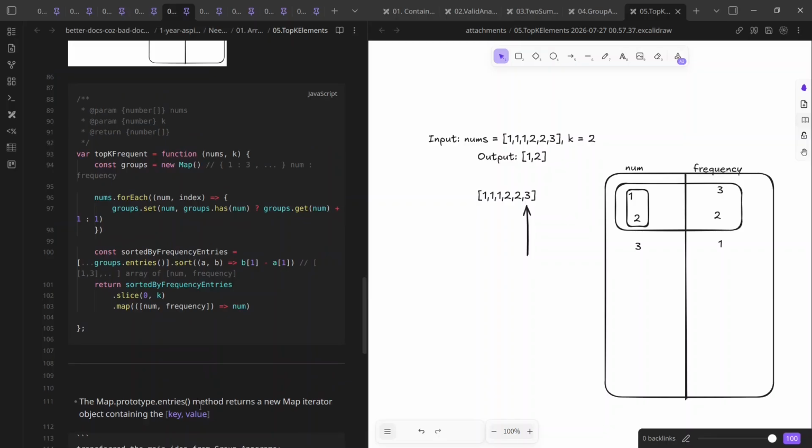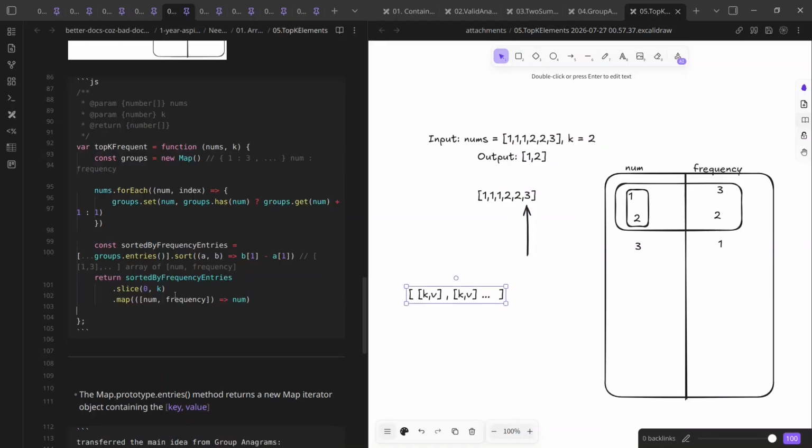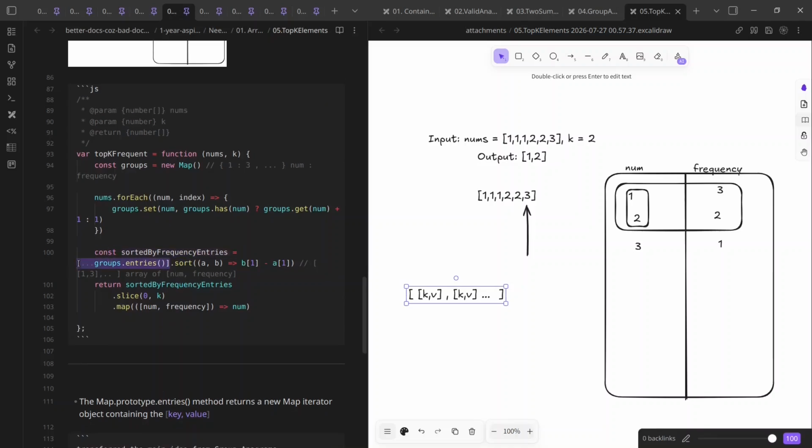So we can assume it like an array of key, value arrays, something like this, then again a key, value, and so on. So this gives us the array, and we are sorting it